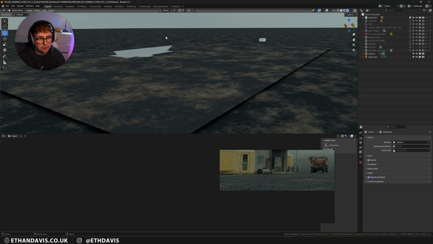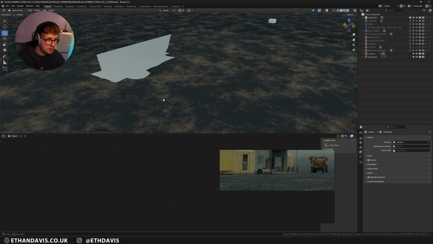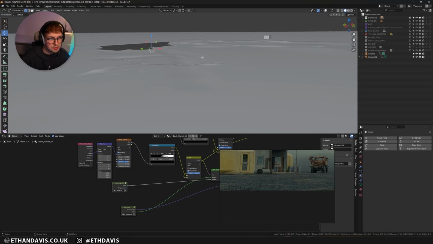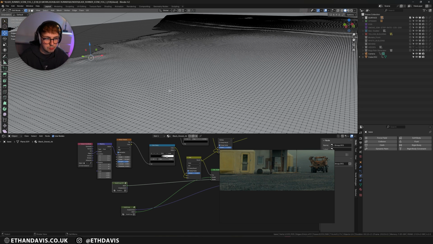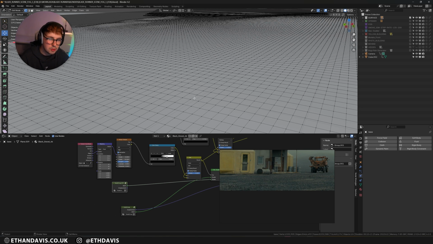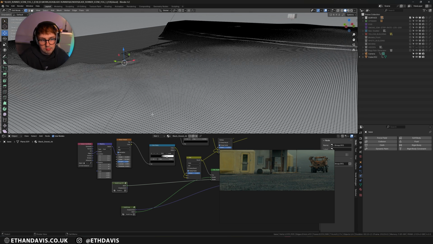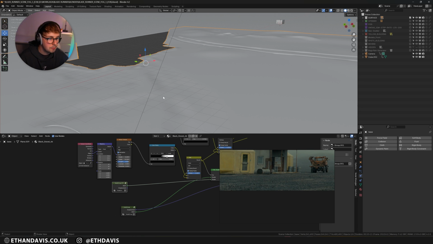So if I go into rendered view, you can see, well, you can't actually see it when I'm in rendered view, but there is a walking path, and the geometry is still very nice. I didn't really want to use dynamic topology because maybe I wanted to texture this in Substance, maybe not, I don't know, but I just thought it would be nice just to subdivide it and then sculpt it.